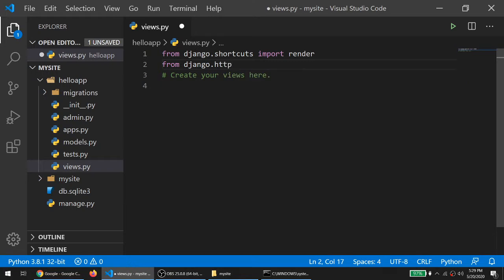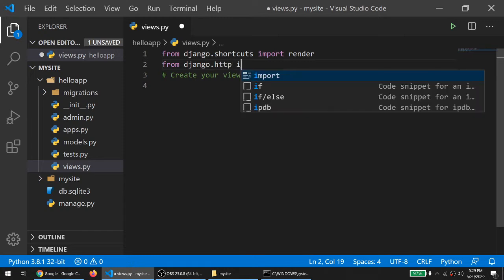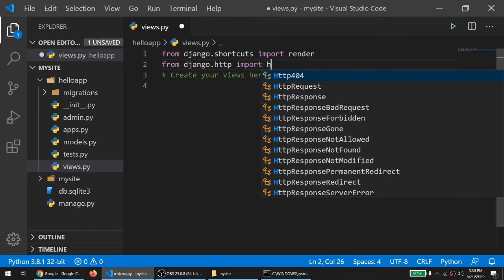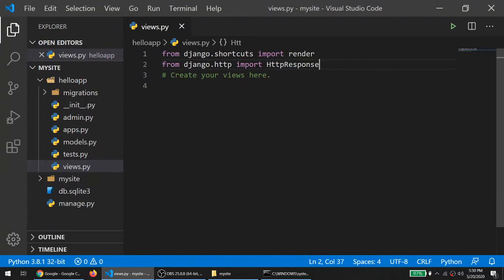You know very well HTTP is used for hypertext transfer protocol, right? Then import HttpResponse.